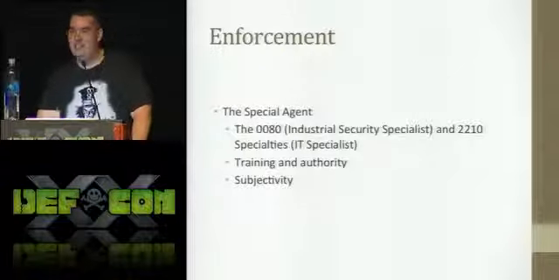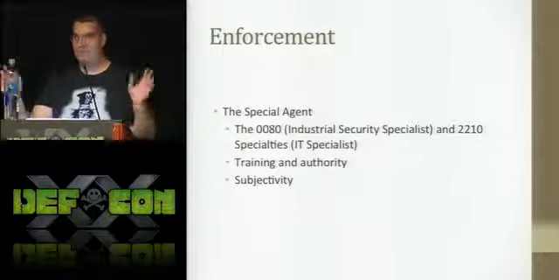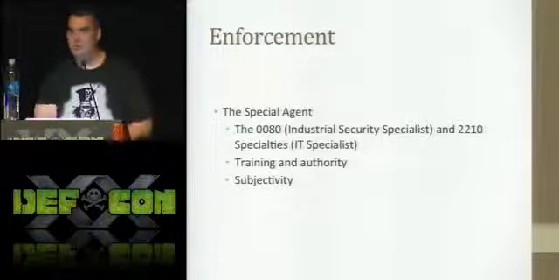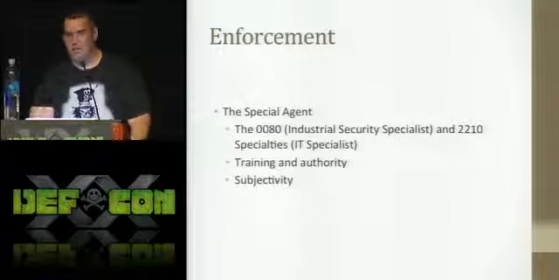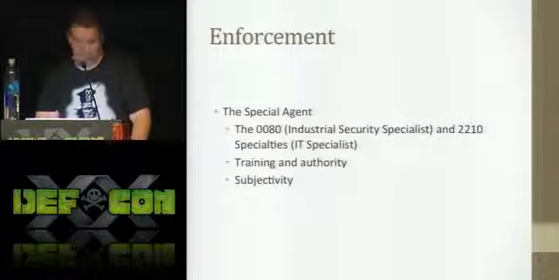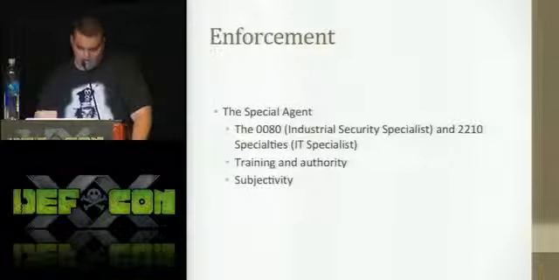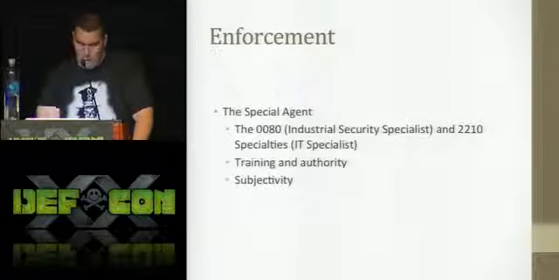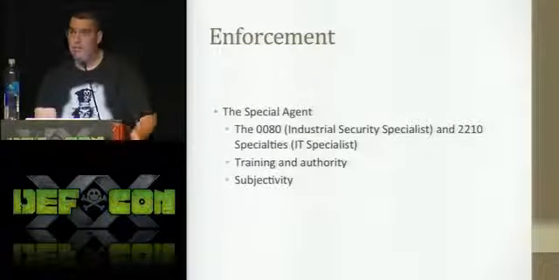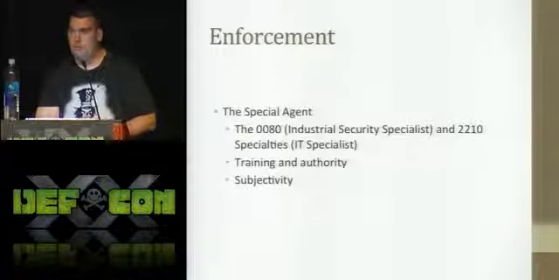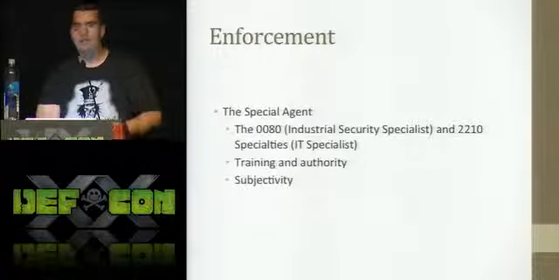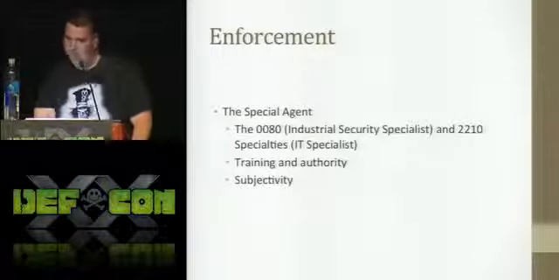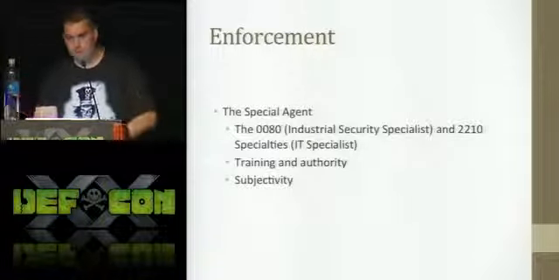So for training, they onboard you, and they send you to the DSS Academy. And you're like, sweet, I'm a special agent, I'm going to go to the academy, I'm going to go run around with the FBI, because it is on Quantico. But you get there, and it's a 2-week course, and they teach you how to do an inspection, which is basically getting on a ladder and looking around in the ceiling to make sure no one's hiding up there. And I'm like, okay, so when are we getting to the computer side? I'm an IT guy. I'm not here to do physical security inspections. Oh, it's coming, it's next week. Okay, so go through the first week, cool. I'm now certified to do physical inspections.